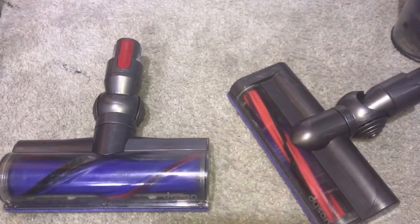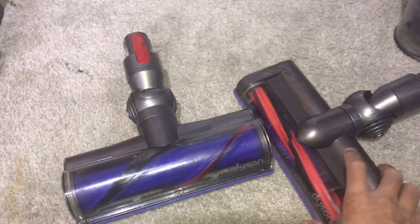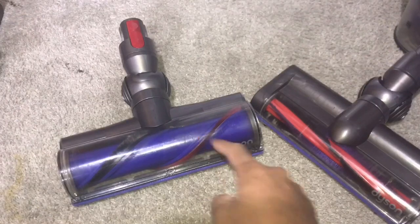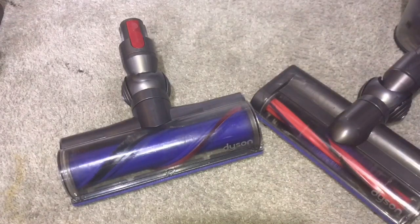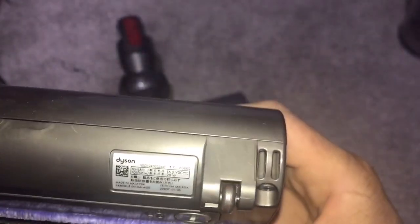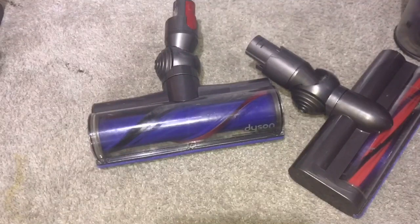I actually prefer this one. You know why? Let me tell you why. This cleaner head has a way more powerful motor than this one. This actually has more than double the power. It's 150% more powerful than the V6 Animal's motor for the brush bar. This one is rated at 20 watts, and this one is actually rated at 50 watts, to get a way more powerful brush bar motor to drive the brush bar a lot more powerfully